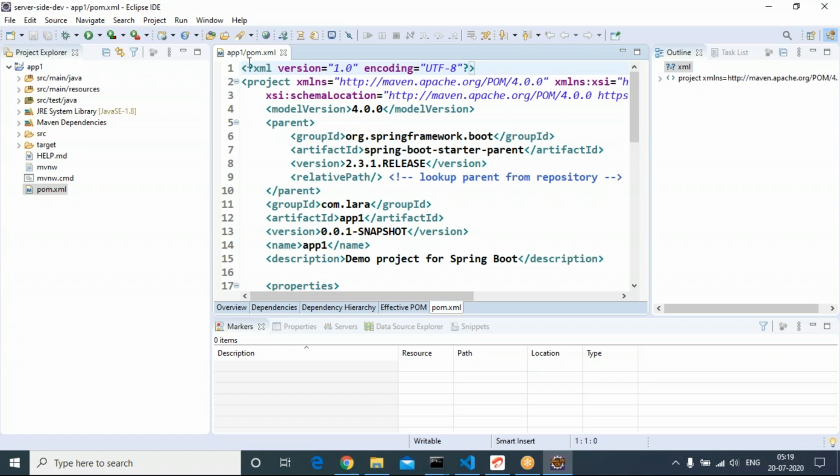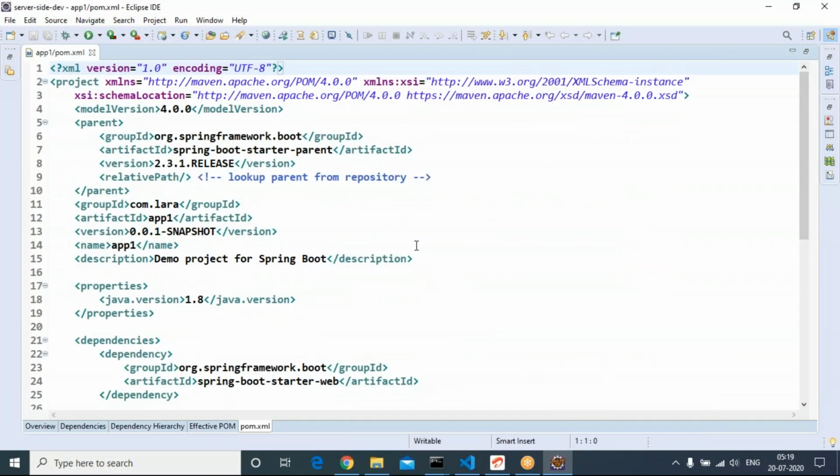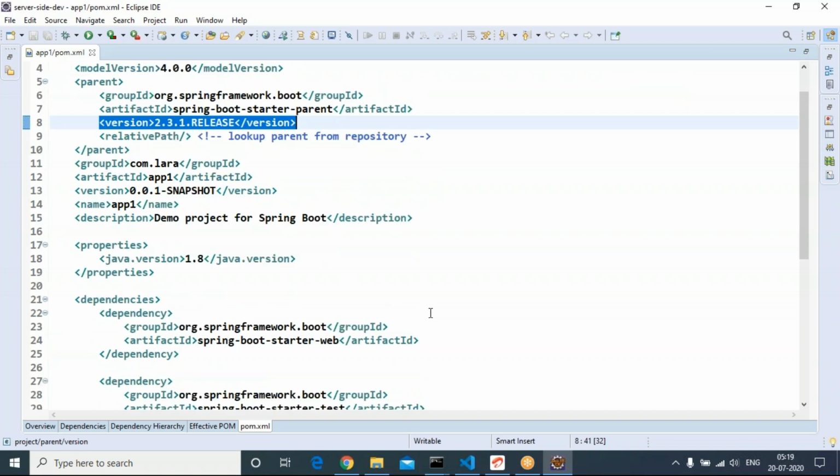Now let us open in the full window. Please observe the Spring Boot version: 2.3.1 release. This is the latest production version.